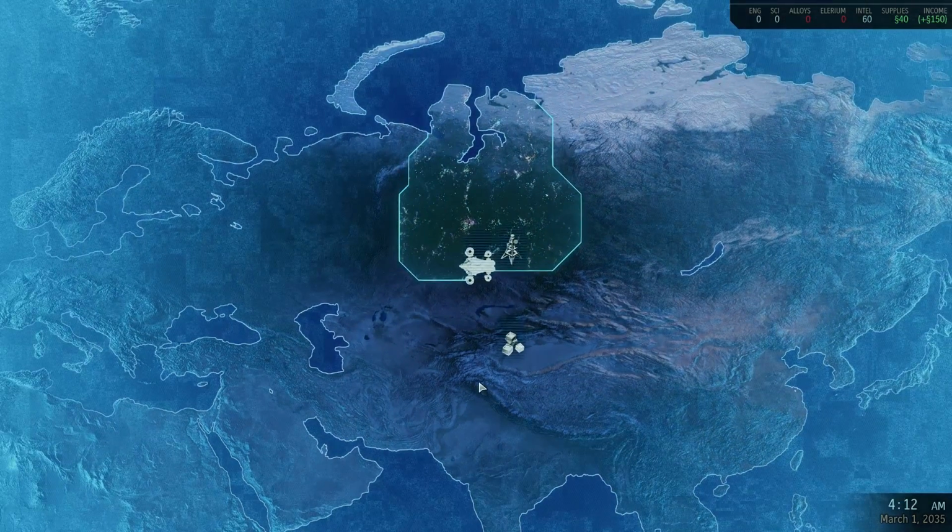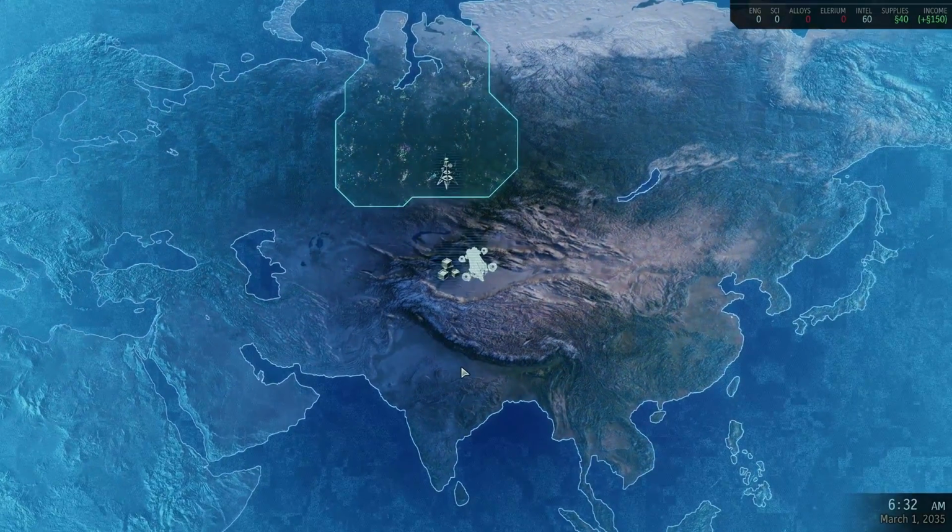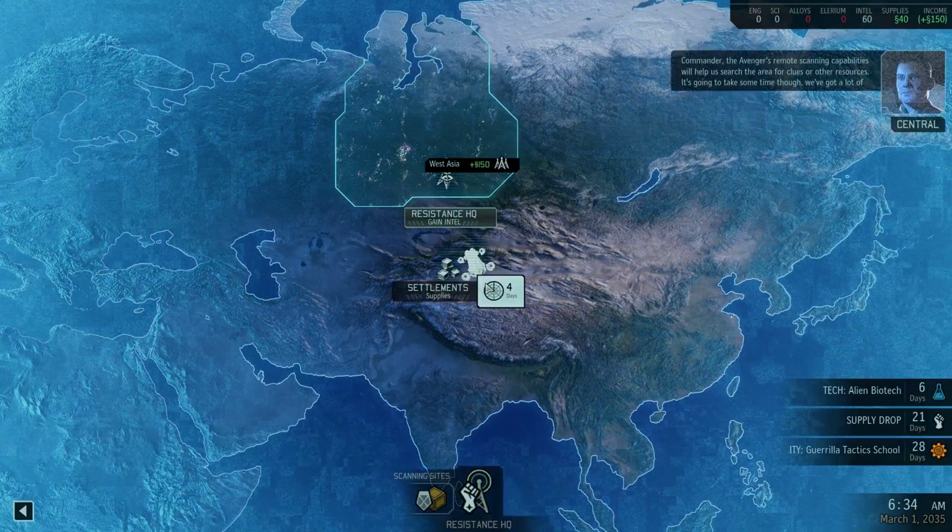So our starting reward is supplies. That's okay. You can start and get like a scientist or an engineer, Commander, which is huge, but...